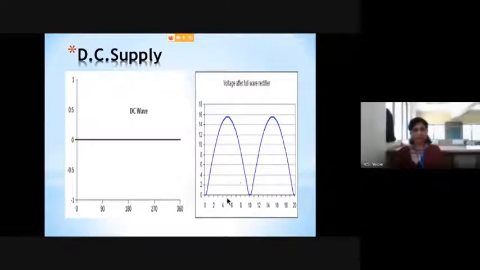The second graph is slightly different from the first one. The difference is that in this graph, the voltage is 0, increases up to maximum, and again reduces to 0, but it is not changing its direction. It is not negative. That's why this type of DC supply is called pulsating DC supply. So we have seen three supplies: single phase AC, three phase AC and DC.